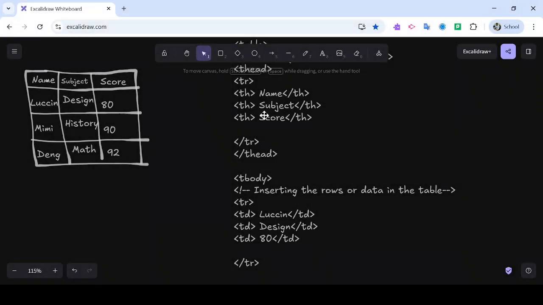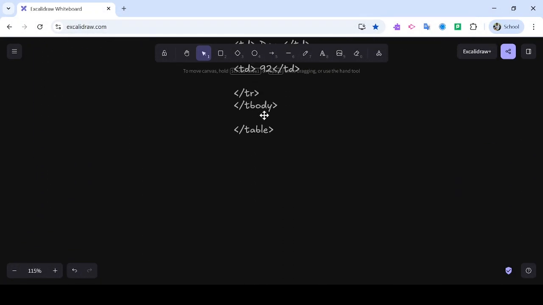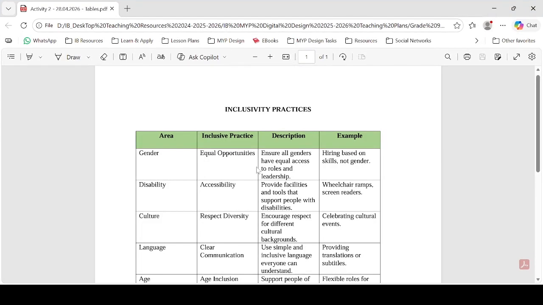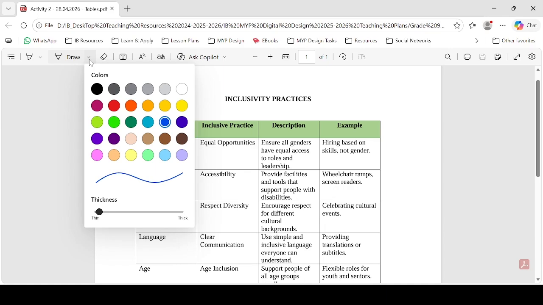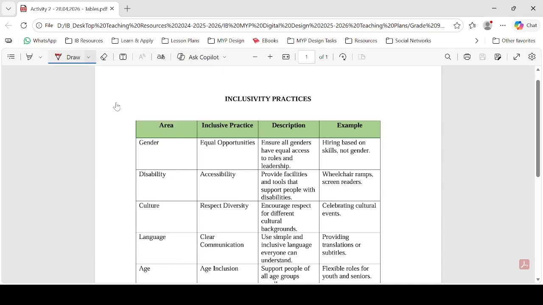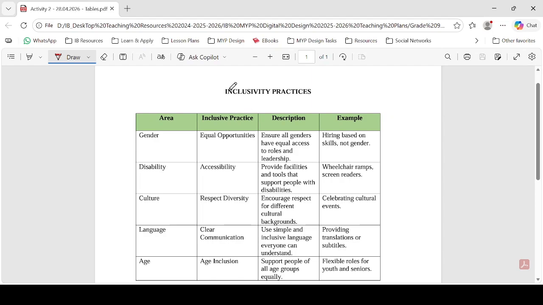We'll be back to the next part, which is an assignment. Well, this is the table that we have to create. So it has to look like this when we are done with it. So let's first